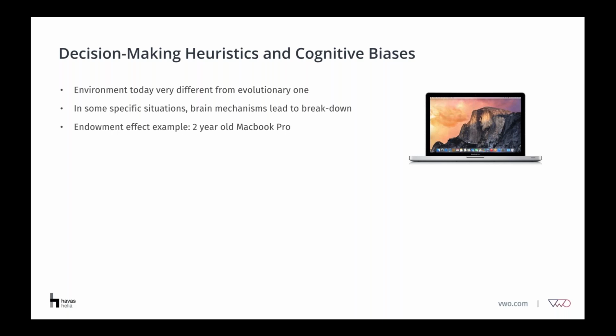Now, as most of you are realizing, probably the price at which you would be happy to sell it is much higher than the price at which you would be happy to buy it. Whereas it's the exact same machine, the same value, you should be equally happy to buy it or sell it at the exact same price. But the vast majority of people, nearly 100% of people, attribute more value to the one that you own than to the one that you want to buy. It's literally impossible to do otherwise. That's one of the optical illusions in terms of cognition.